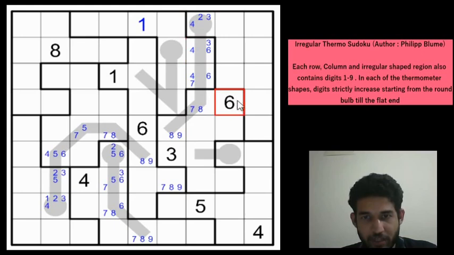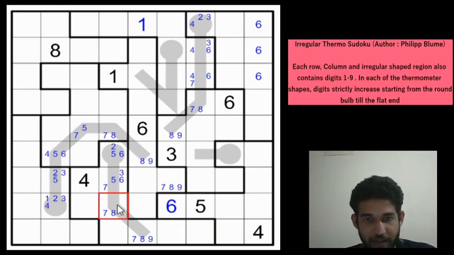And if you see this 6 here, it is given for some reason. You can't have a 6 in these 3 cells, right? And for this irregular shape region, which has 9 cells, you need to have a 6, and which means the 6 would have to be going in the last column, because 6 can't be here. And now if you see this region, 6 can't be in these 3 cells, so 6 must be in one of these 3 cells. 6 can't be here, and 6 can't be here, so 6 in this region would have to go in row 8, column 6. And that eliminates the 6 from here.